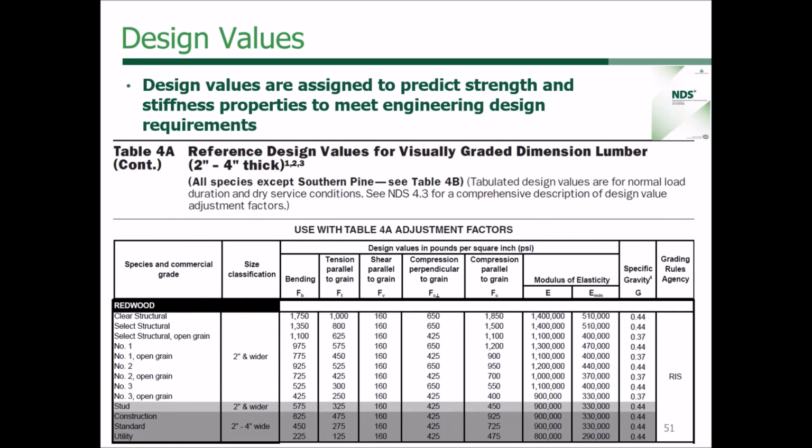And then the supplement, you go in and it talks about using one of those three categories. You can go in and say, hey, look, this is dimension lumber, and you can do it for redwood, and it gives all the design values that are needed for the equations. The supplement also gives some of the adjustment factors, like wet service, which is very important for decks, and the supplement will